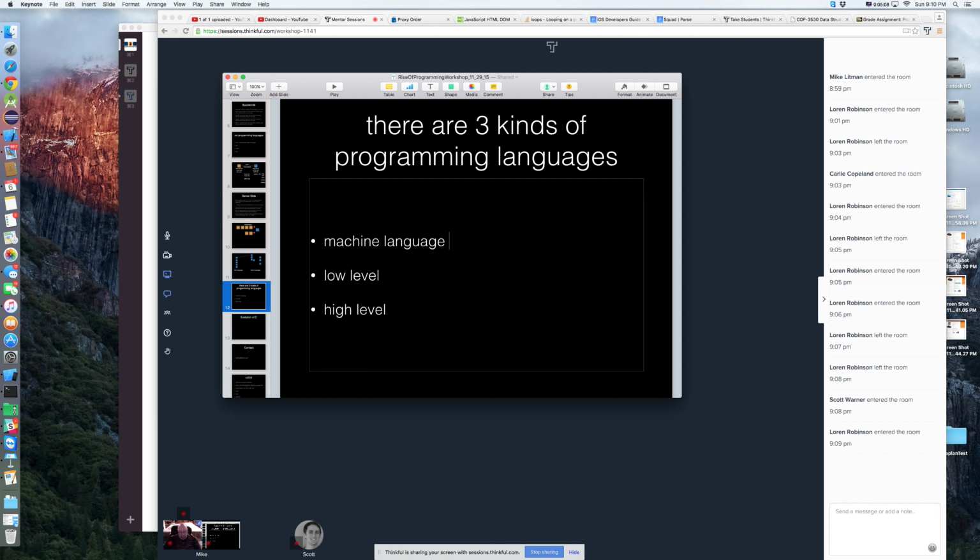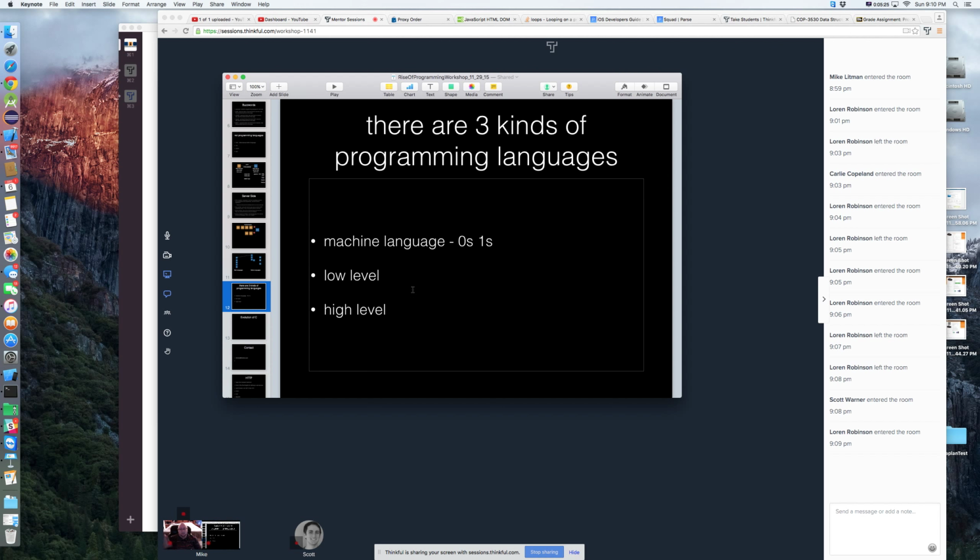Okay, now machine language, these are our zeros and ones. Not for human consumption. None of us would do very well with the little 2-button keyboard floating around out there and us just tapping out zeros and ones all day long. So we need something at least a higher level than that.